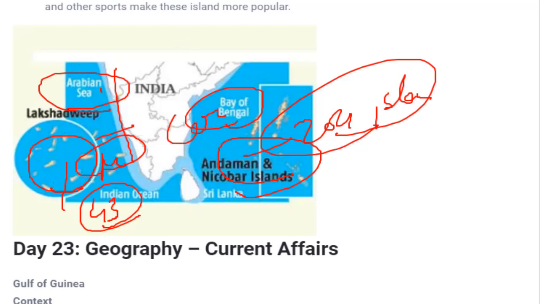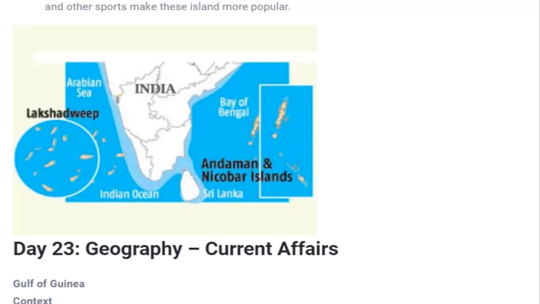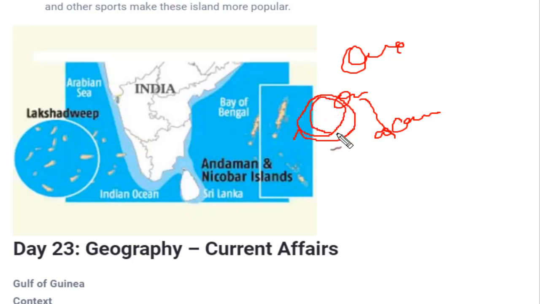coral formation. If you know what these corals are, corals are nothing but a few organisms present in ocean water. They extract calcium carbonate from water, and with the help of a skeleton they form a huge area which is living in nature. Although they can't make their own food, they depend upon algae, and algae take shelter in these corals, and these algae provide nutrition to the corals. So you can see that the Lakshadweep Islands were formed due to coral effects. Coral reefs were formed over these islands, and hence this island was formed.